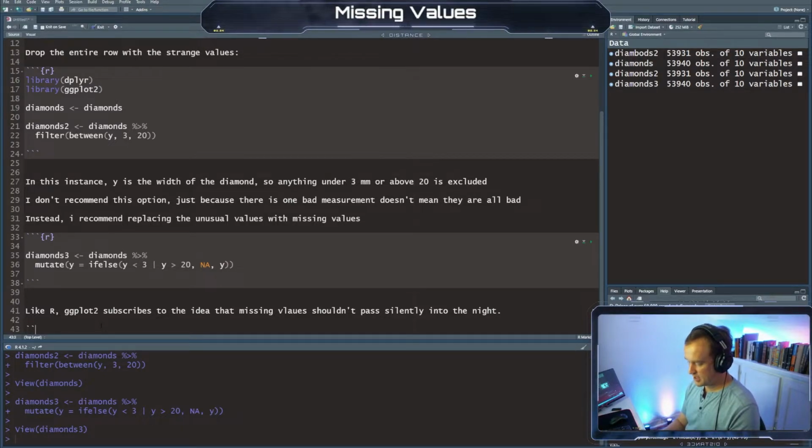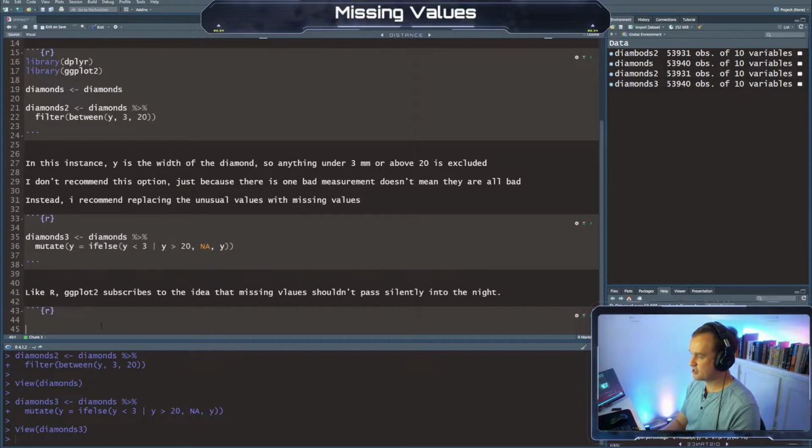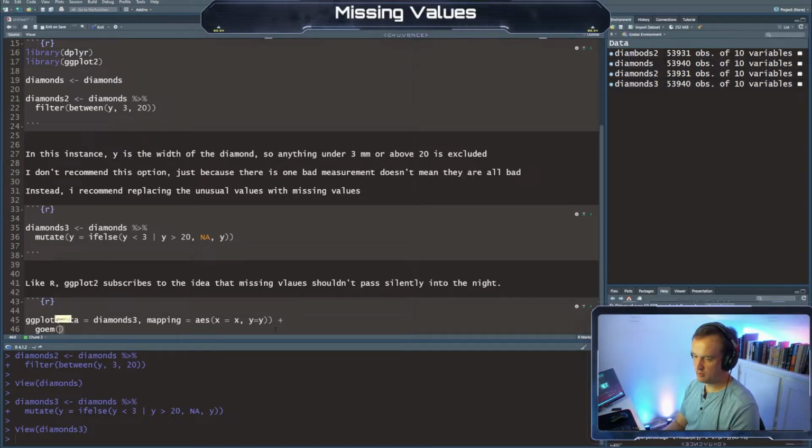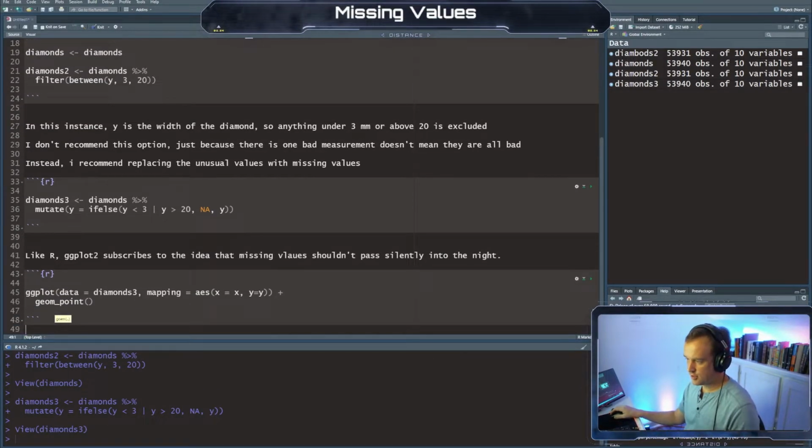So what ggplot2 does is, let's try graphing. ggplot, data equals diamonds2, mapping equals aesthetic, x equals x, y equals y. Actually, this is supposed to be diamonds3. We want to map with our NA values. And then plus geom_point. So if we run this,